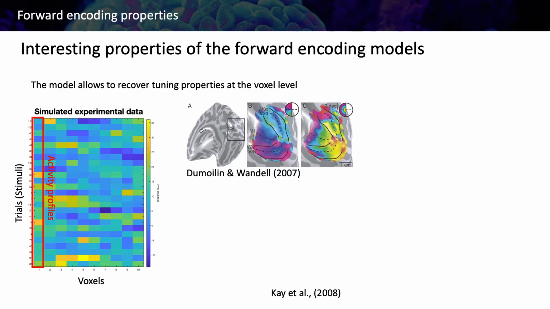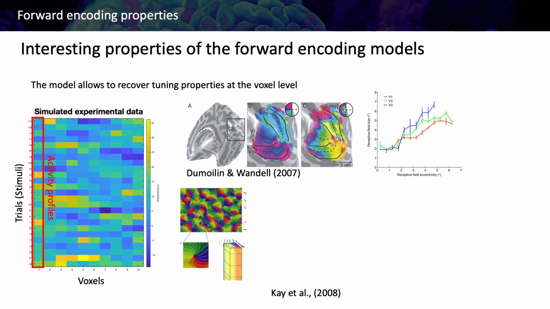This characteristic, that larger receptive fields are represented at the periphery of the visual cortex, can be recovered in Kendrick Kay's paper. What they observe is that those neurons more tuned to the periphery of the visual field also had larger receptive field sizes in V1, V2, and V3. So this is a property that we know from the visual system and from its neurons, and using forward encoding models and fMRI, it can be recovered.